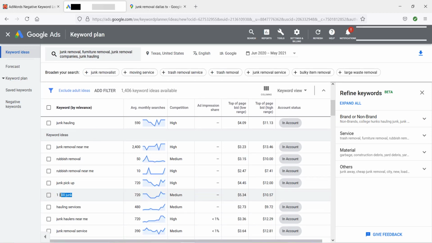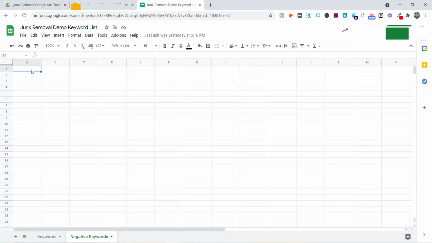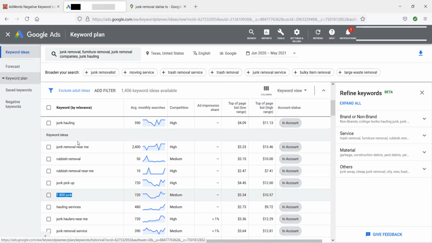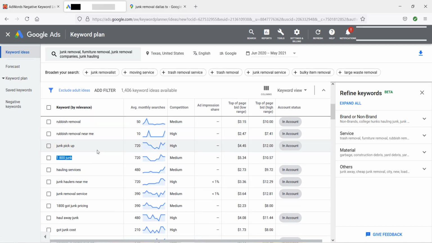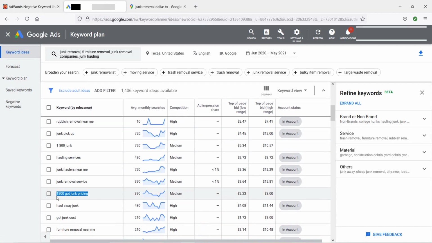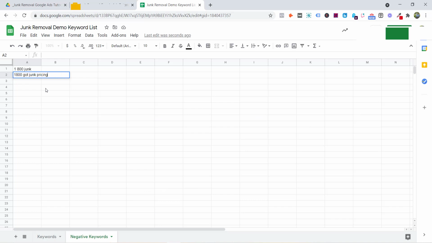So 1-800-JUNK. We don't want that. That is a brand name. So just like keyword research, we're adding that in, and we're going to add that in as a negative keyword. As we go on more, 1-800-GOT-JUNK pricing. And then one thing as I'm going on, it doesn't need to be